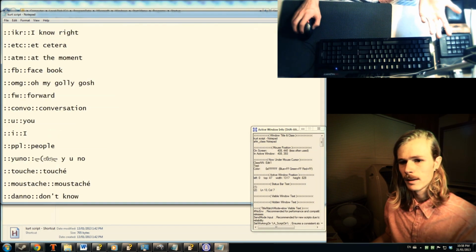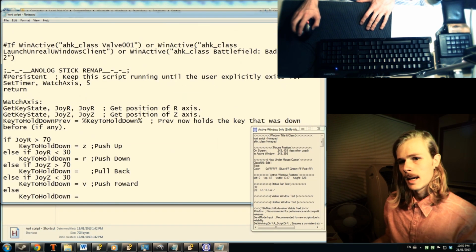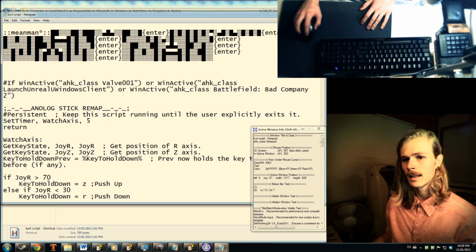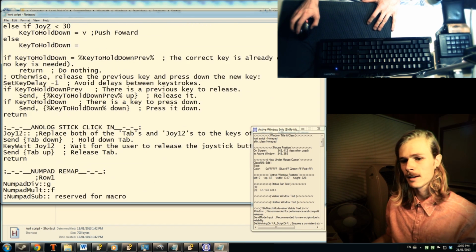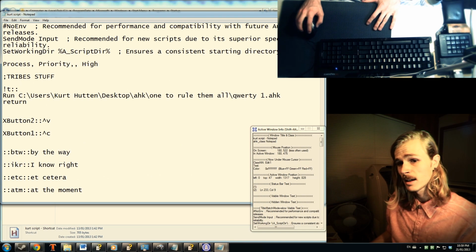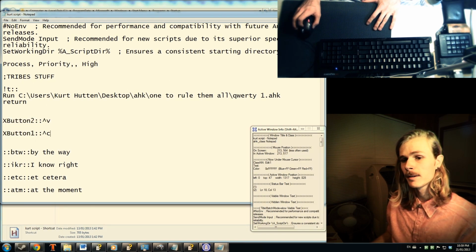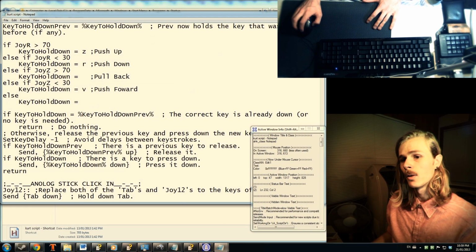And then I've got all these expansions, some other stuff. And under here I've got the if win active, which is super useful. See this X button 1, X button 2? That's the side buttons on the mouse, like I explained earlier. They appear twice, but because they've got this win active here, this takes over and remaps these only when these